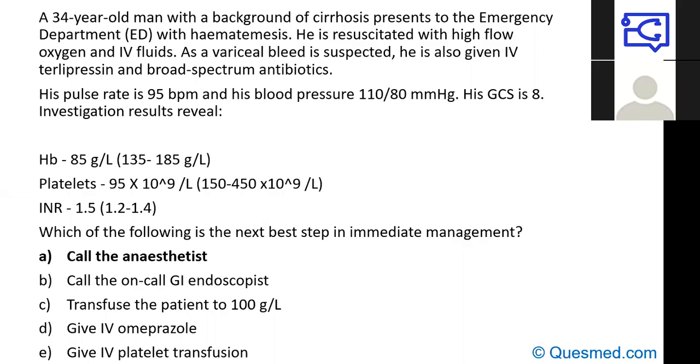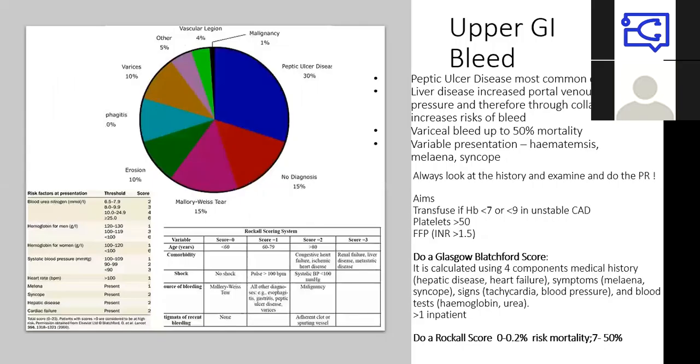We're going to talk a little bit about upper GI bleed. So upper GI bleeds are incredibly common. You will see this quite a lot. In terms of the major causes, peptic ulcer disease by far is the most common. So this is one that you always need to think about. Obviously, in our case, this chap has chronic liver disease. So I'd implore you, whenever you see a patient who is probably busy vomiting blood,